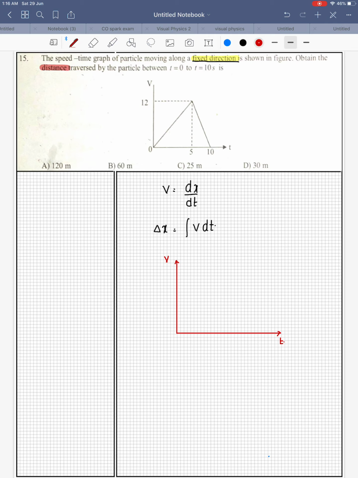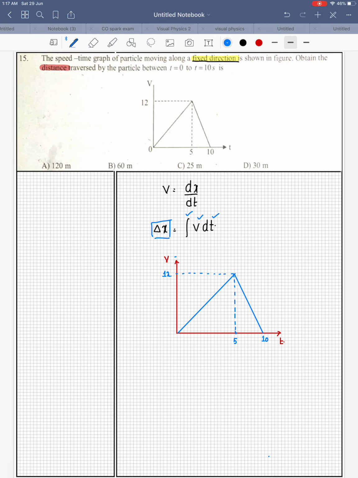It's given here, say this is what is given, 5, 10 and say 12. In this VT graph, he is asking displacement, but you know displacement is integral of v dt. So integral means area, v is your f of x, t is dx. So you can directly get